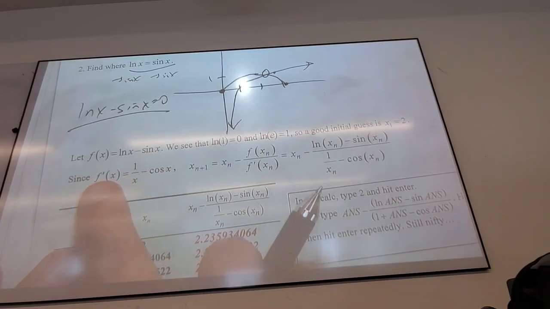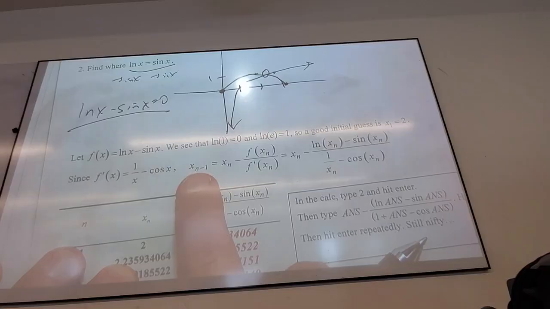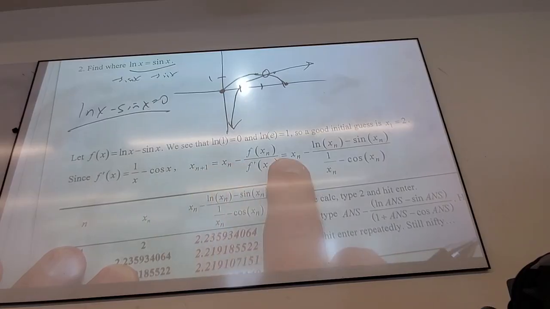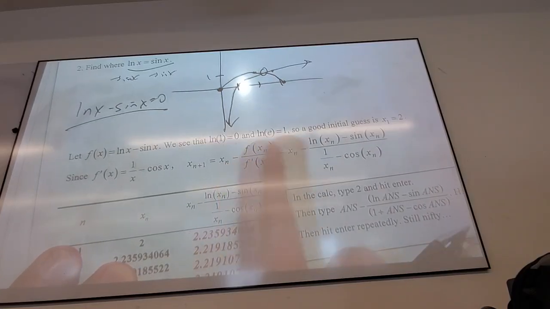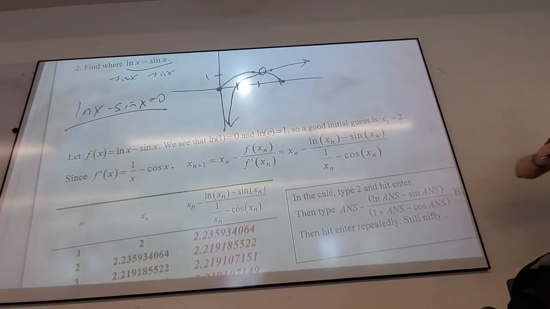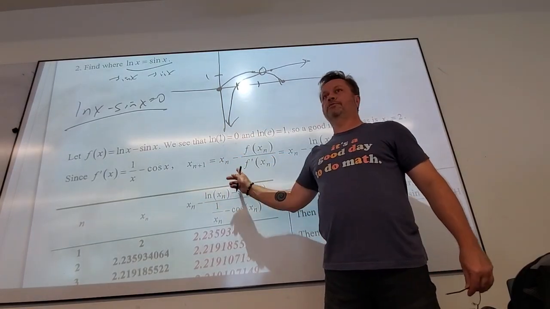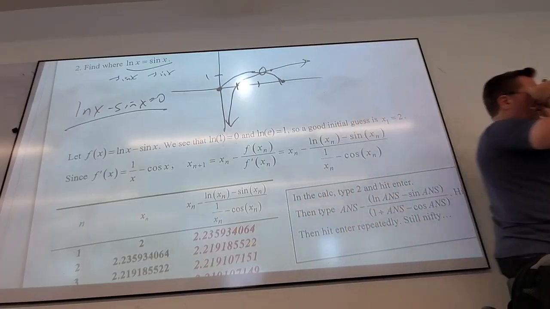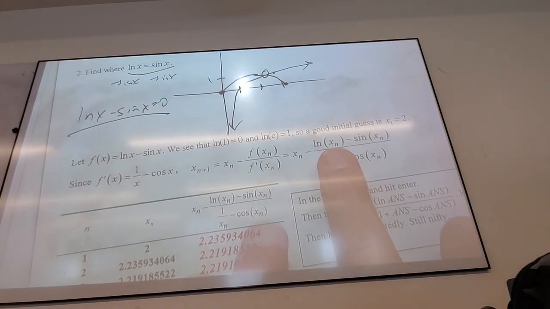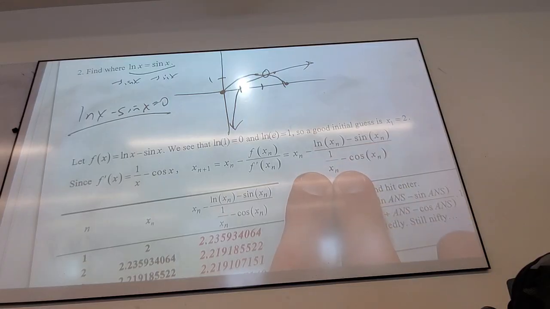Okay, so that's the derivative. That's the form we just discussed, yes? I didn't use little n's, but you see how this works? x4 would equal x3 stuff, x2 would equal x1 stuff, yes? So x(n+1) is equal to x(n) stuff, yes? I build the next guess off of the guess before. That's what that means. So on top, I put the function evaluated, and on the bottom, I put the derivative evaluated.